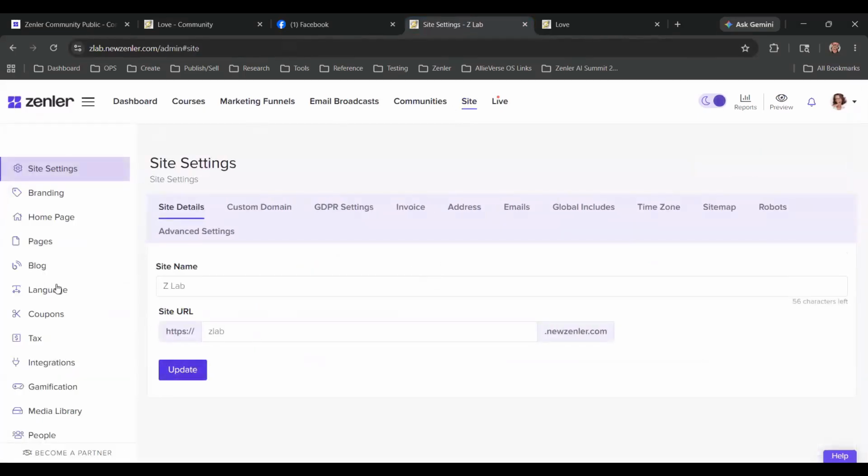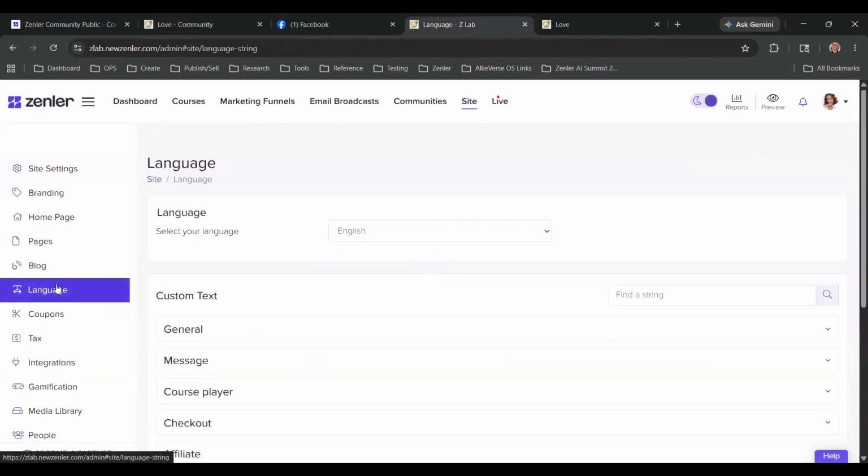You can change here. So when I talk about creator first, I'm sitting down without Zenler, right? What do I call myself? Am I a course creator? Do I have courses? Or is my industry word programs?